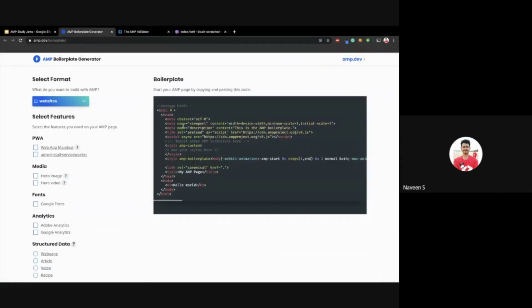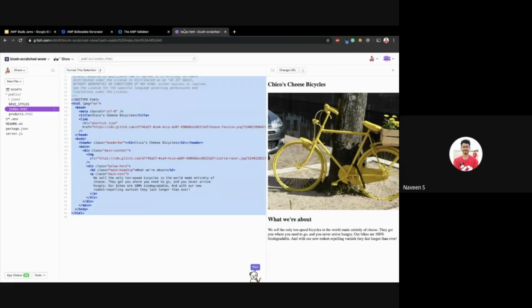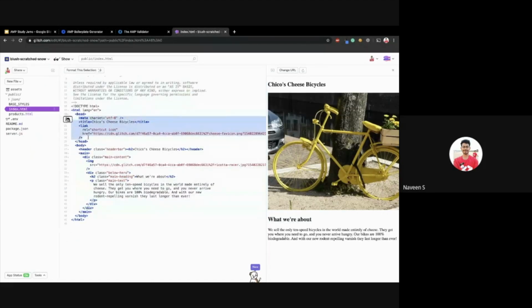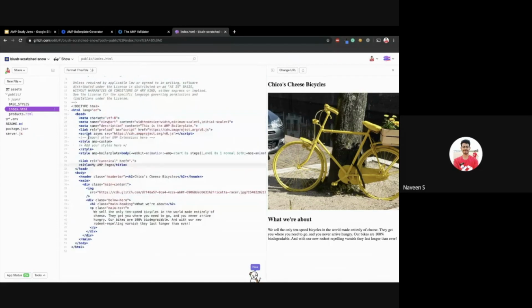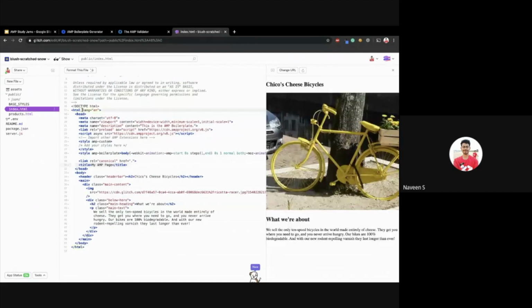What I'll do is use the boilerplate code, right? I'll be using all of the things from the head tag, and I will replace all of these inside my head tag, and I'll be typing html amp. That's the first part, right? Now we are ready to change content to an AMP image. So what I'll be doing is